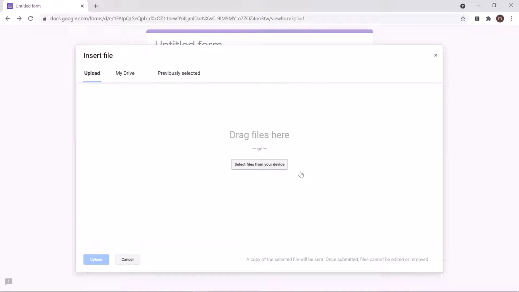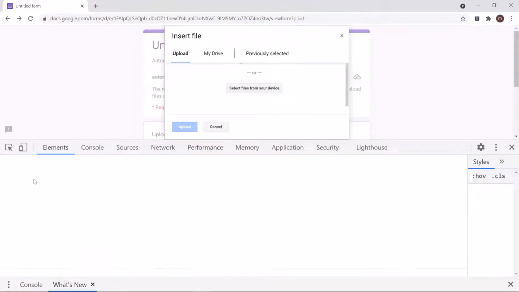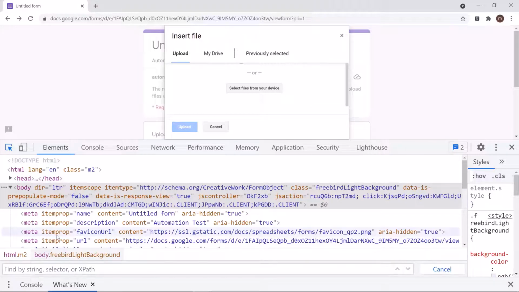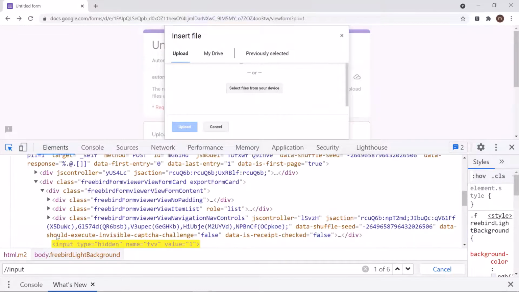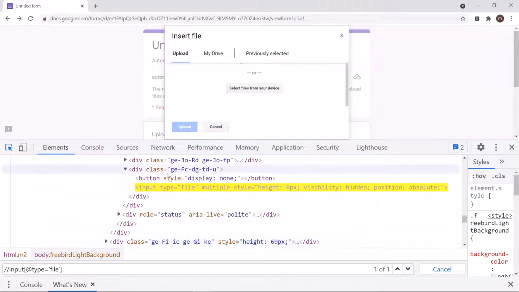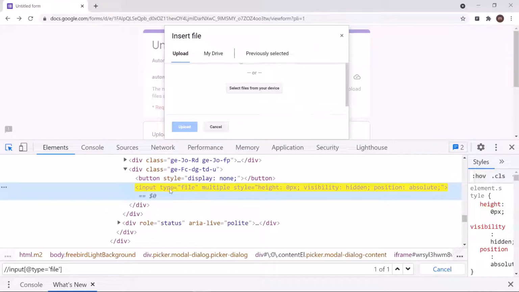All we need to do is use the send keys command to type the local path of the file in any file field. This works for all drivers. For every file upload, you need to find an input element whose type is equal to file. And then we'll use the send keys method to type the path of the file. As you can see, here we have one input element whose type is equal to file. So we'll use the same web element for sending the keys.